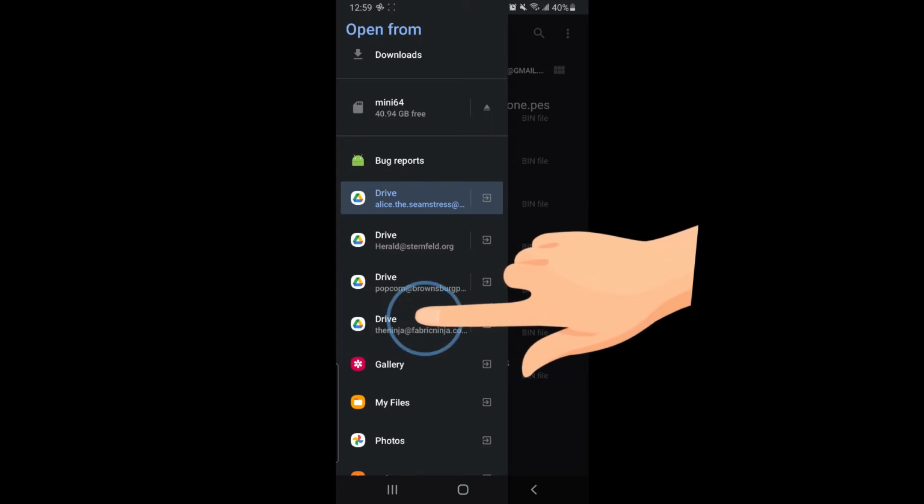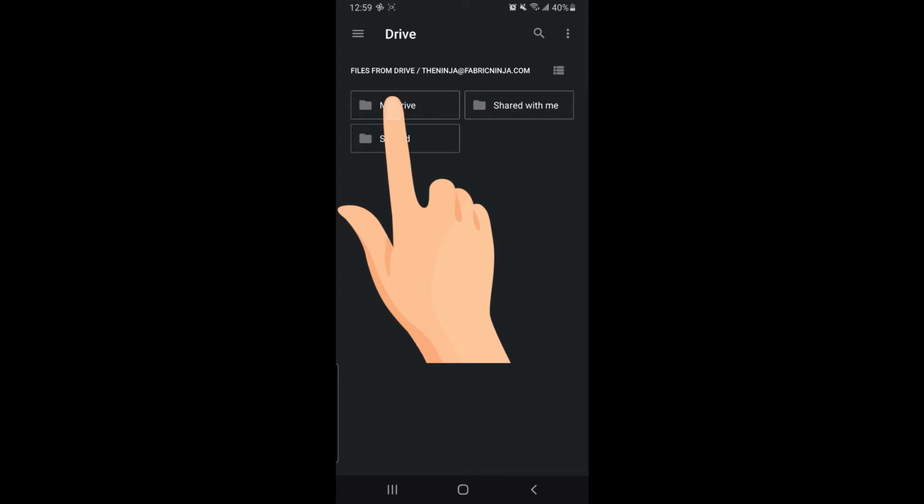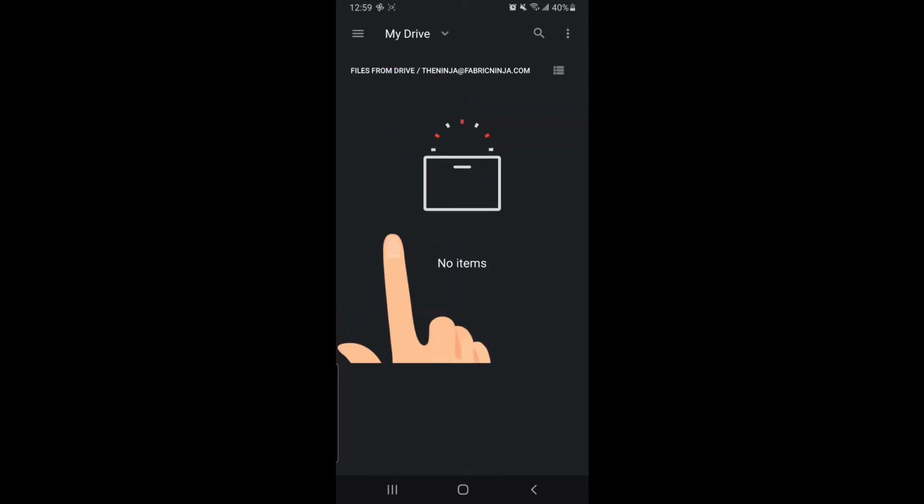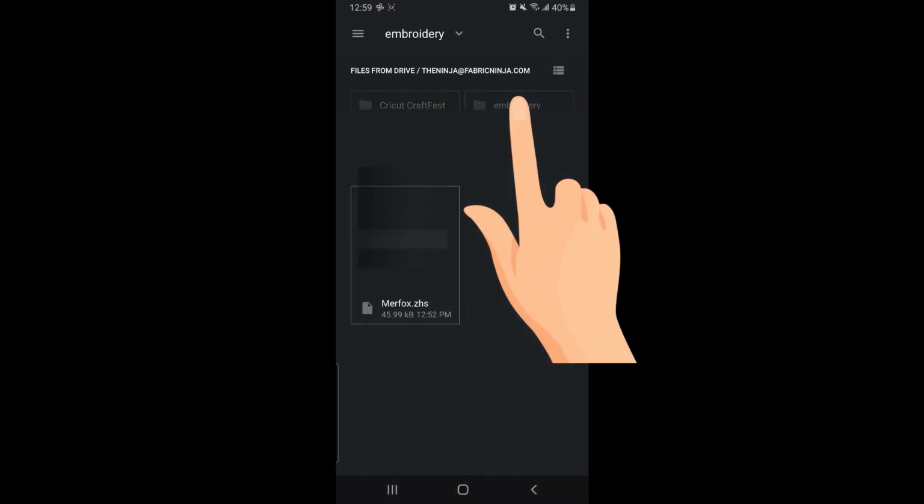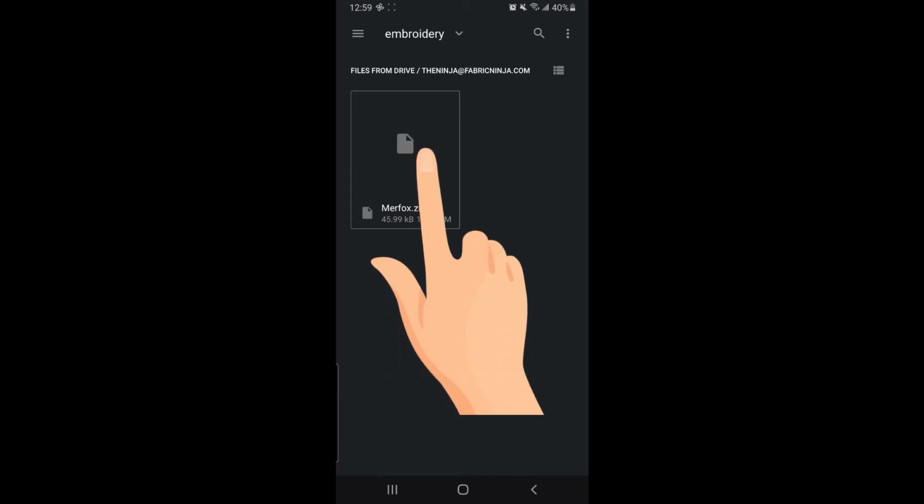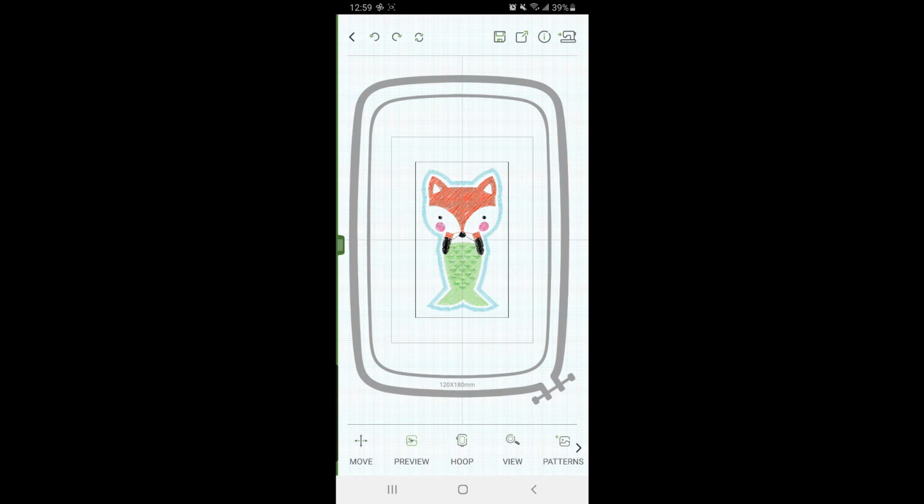I used this right here, so I'm going to click on my Fabric Ninja drive, and I'm going to click on my drive so I can see what's in it. And then up here at the top, I have the different folders. I'm going to click on embroidery, and you can see that's the file we just added. I click on it there, and now I have this adorable mer fox that I can actually make on my embroidery machine. I'm going to click the pencil to do the edits if I wish,